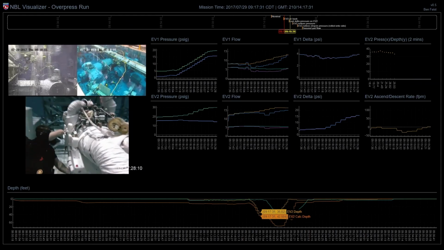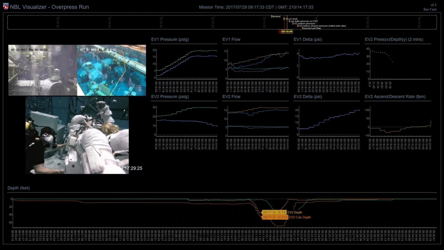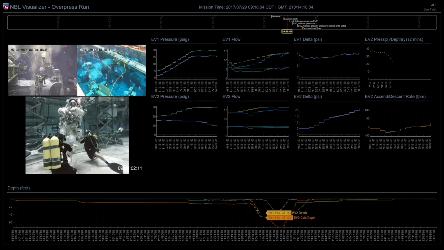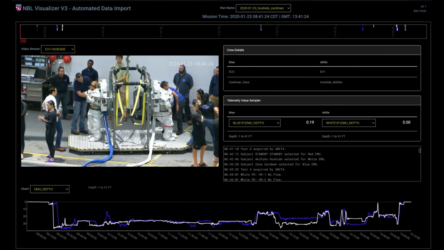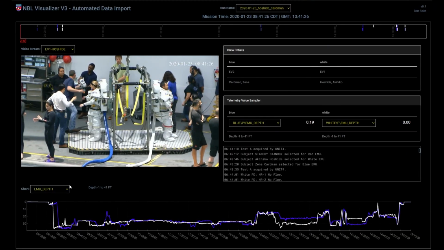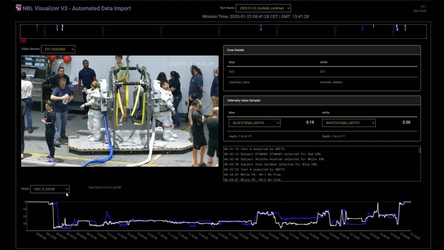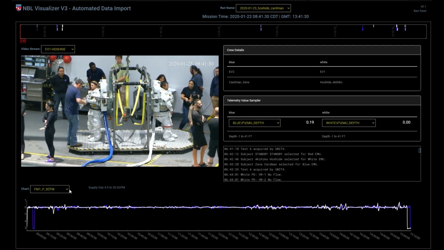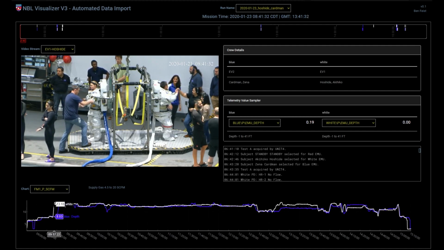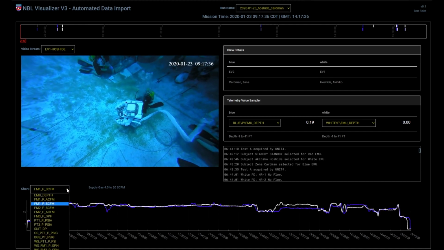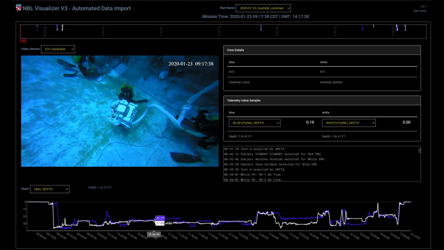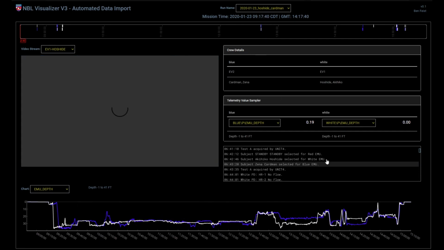So I iterated on this a little bit with different ways to analyze this data, and eventually got to a point where it was generalized enough so that now you can pick any of the data that you want, get a different graph up, jump to a point in the mission, and you can now use this if you work within the Neutral Buoyancy Lab to try to understand what was happening in the NBL.